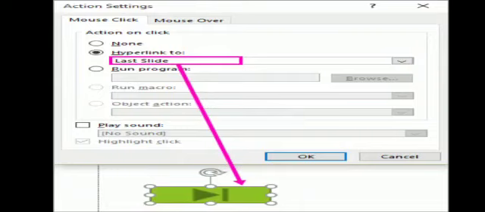See this green play button, this I had selected as the shape for my action button. Suppose I had added the sound, so when I click on this play sound, that sound will play. One more thing, to use this action button you can press F5 also. When you press F5, it will start. So these action buttons, I hope it is clear, that when you click on the shapes that we had selected, it will go to the new page that we had attached to the presentation.